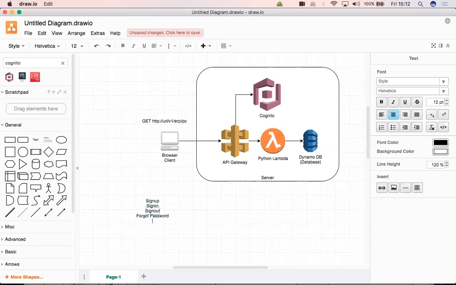Just because somebody signed up, we may not want to give the registration. Rather, we may want to send a verification code. Only after they click on some verification link or enter the verification code do we want to finalize the registration. Maybe something like confirm registration, confirm sign up, or activate. People give different names. Whether they forgot the password or not, they may want to change the password, right? And these kinds of things.